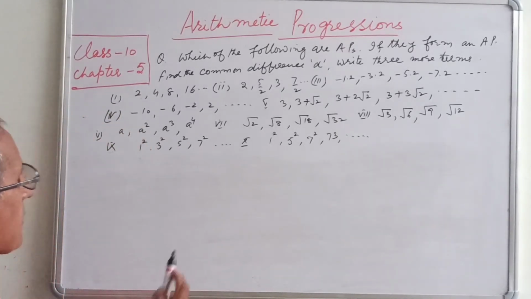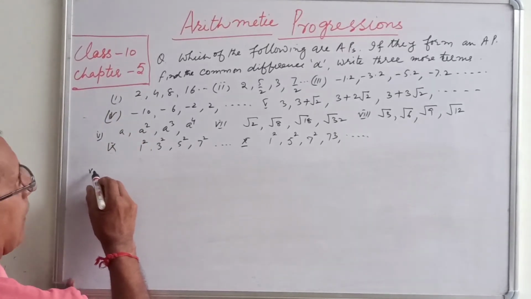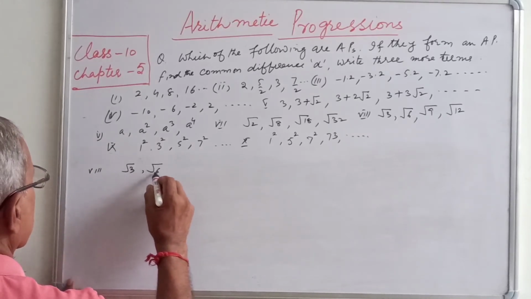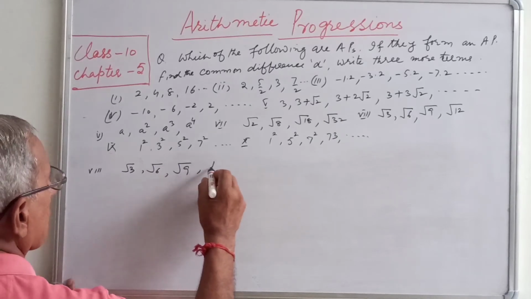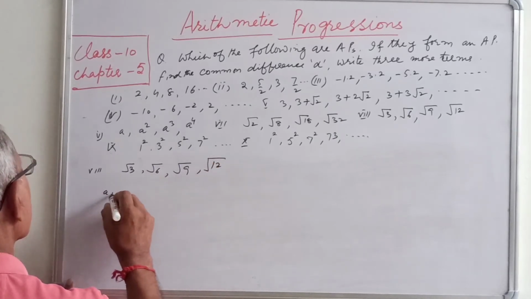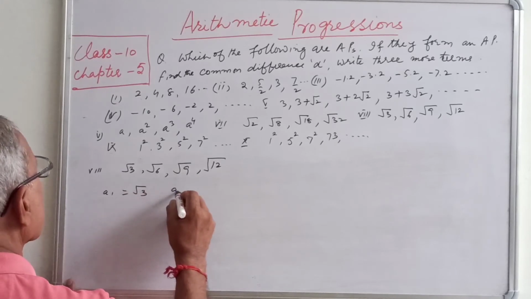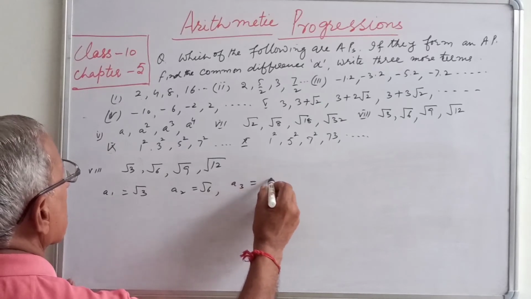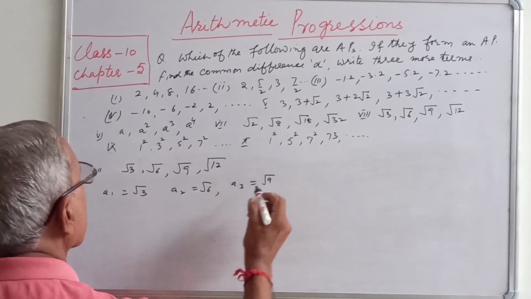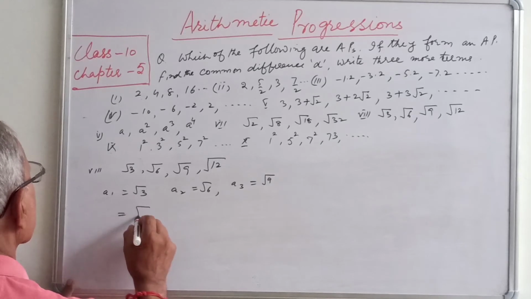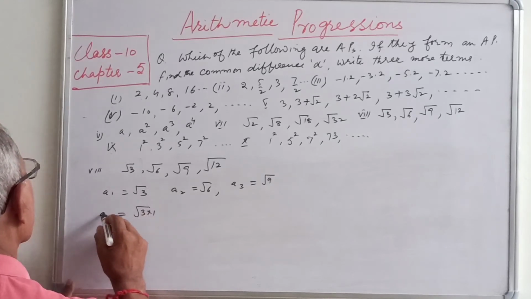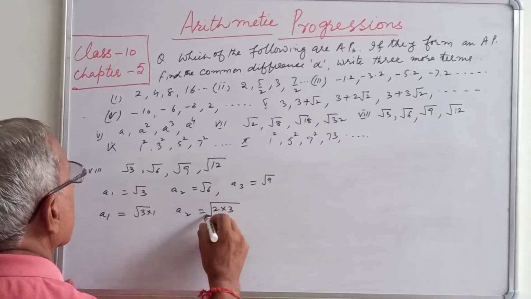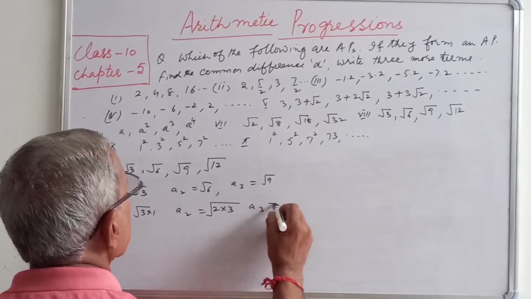Next sequence is the 8th part: under root 3, under root 6, under root 9, under root 12. A1 is under root 3, A2 is under root 6, A3 is under root 9. तो ये बन गया अंडर रूट 3 इंटू 1, ये हो गया अंडर रूट 2 इंटू 3, अंडर रूट 3 इंटू 3,